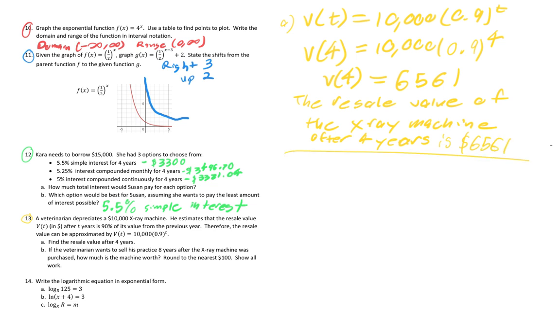Now we look at part B. I'm just going to draw like a little line. The veterinarian wants to sell his practice 8 years after the X-ray machine was purchased. How much is the machine worth? Round to the nearest hundredth. So now what we want to do is plug in 8 for t. We're going to have V of 8 is equal to 10,000 times 0.9 to the power of 8. It's going to leave us with